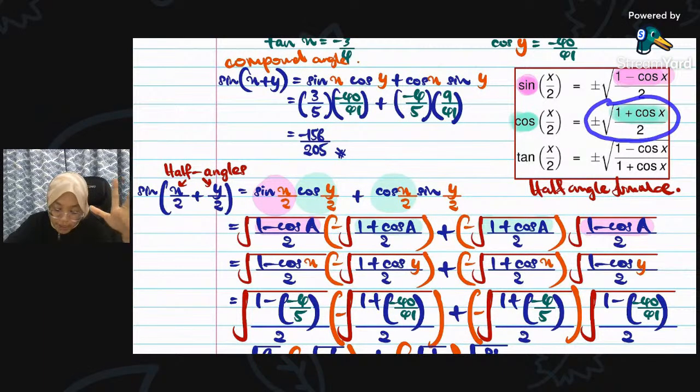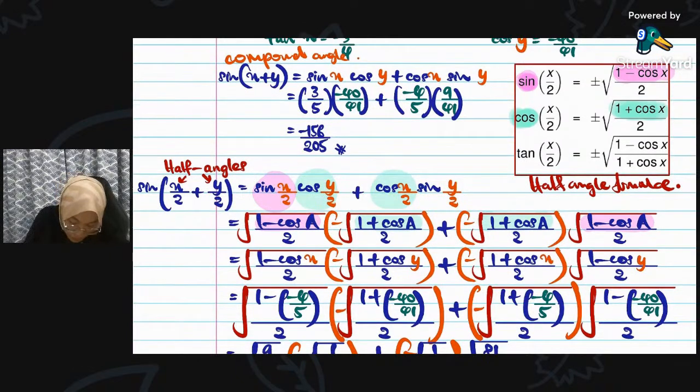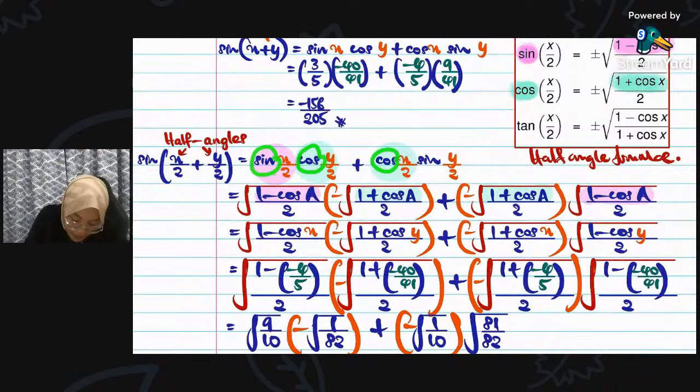Formula je terus. Okay, tapi madam, how do we know which one is positive and which one is negative? How do we carefully know that the sign is correct? Okay, so first of all, cara yang pertama adalah you tulis dulu sin cos cosine. Okay, because of the sign, compound angle. Okay, compound angle, sin cos cosine. Sorry. So sin cos, cosine ni akan